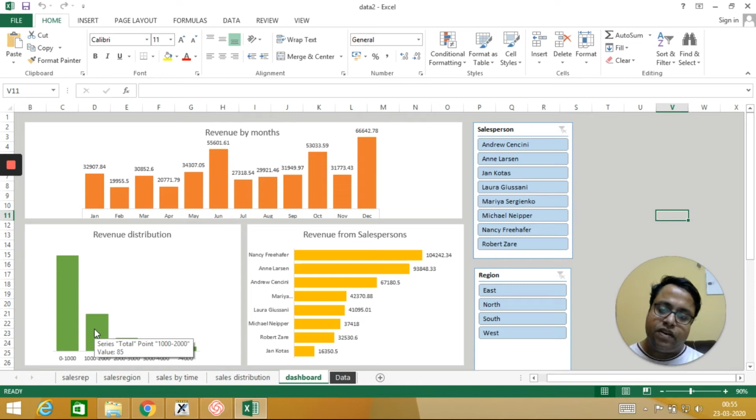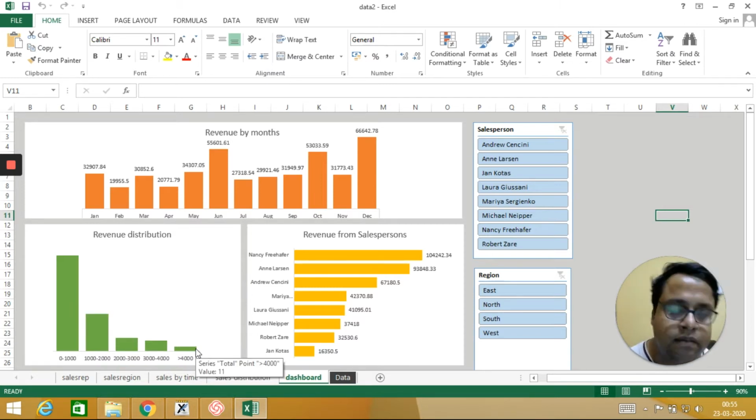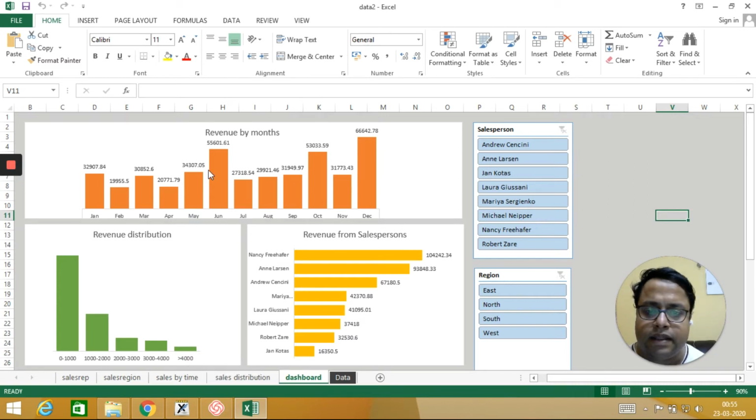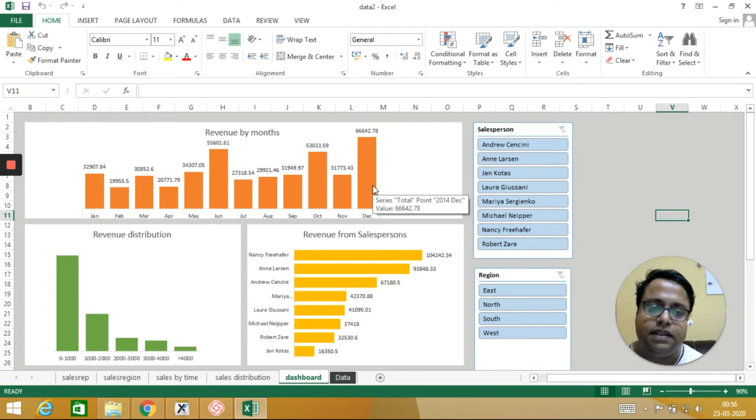Then 85 orders are between 100 and 200. See, there is the number 85 coming as a value. Then between 200 and 300, there are 31 orders. So most orders are of low value, and as we go ahead, the high value orders are much less frequent. And this is something which is expected. This is the monthly revenue. Can you see certain months where there is a jump, where there is a spike? I can see in October and December there is a spike,